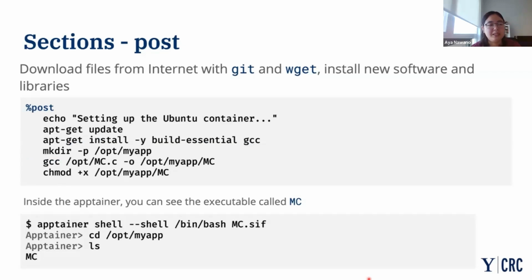The post section is where you can run various commands such as downloading files from the internet, installing new software and libraries, creating new directories, and compiling code. This post scriptlet uses the Ubuntu package manager apt to update the container, and then install build-essential and gcc,